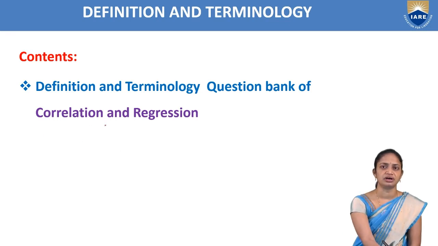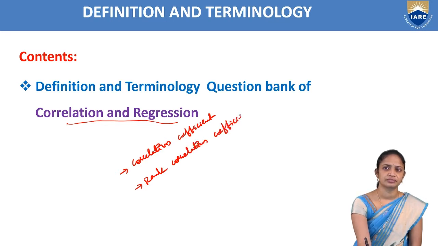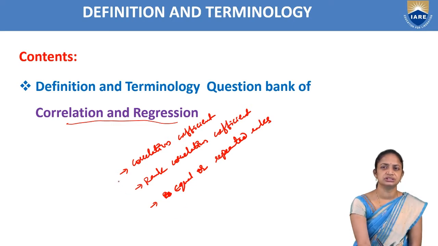In the third module, we have these topics. In correlation, the first topic is the correlation coefficient, and the second topic is the rank correlation coefficient, and next, equal or repeated ranks for the rank correlation coefficient. So this is correlation, the first chapter, and the second chapter is based